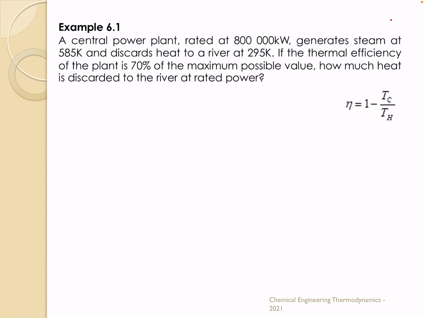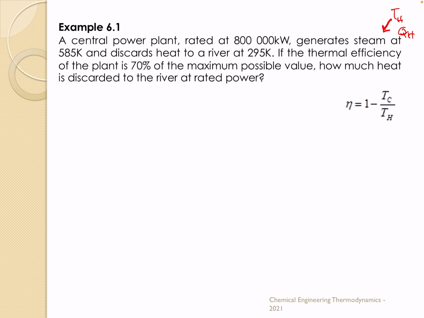So that shows us the place of high temperature at 585 Kelvin. And so that is a place of high temperature, or otherwise our heat reservoir, as we saw, the hot reservoir, 585. So this will be TH, and then QH, and it discards it to a river at